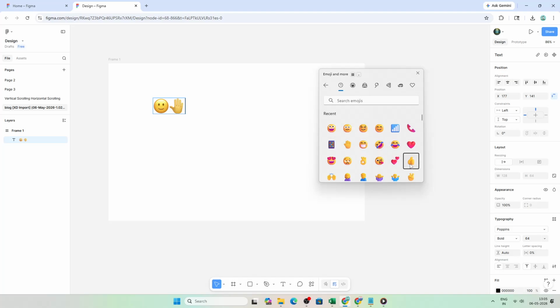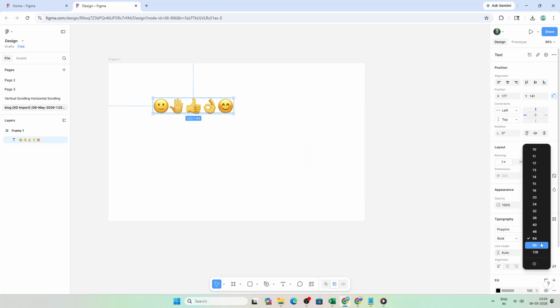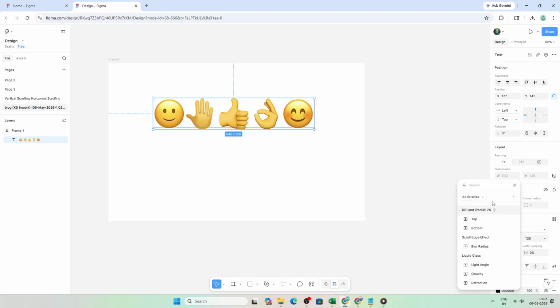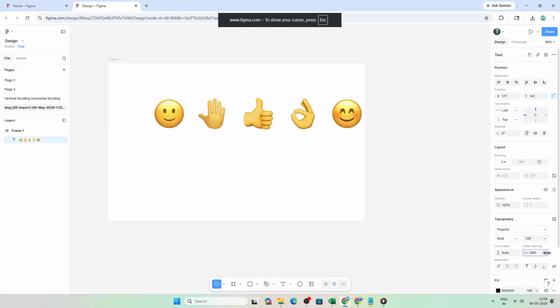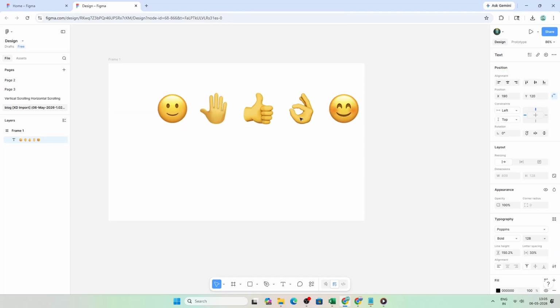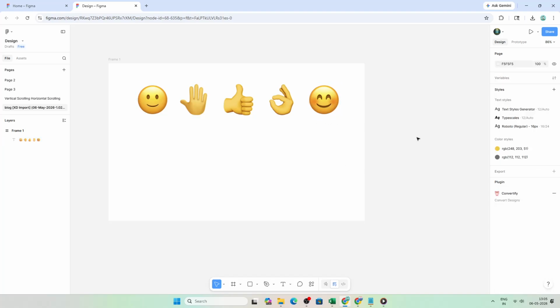position. From here, you can style your emoji, just like regular text. Increase or decrease the font size to scale the emoji, and adjust line height or alignment as needed to fit your layout. Depending on your system and the font you are using, emojis may render slightly differently. So if an emoji looks off, try switching to a font that supports color emojis. This approach is perfect when you are working with labels, buttons, or body copy and want emojis to flow naturally